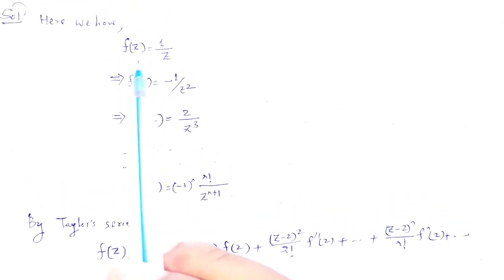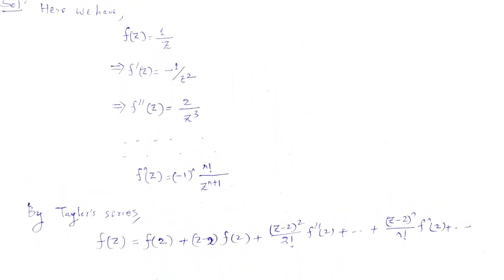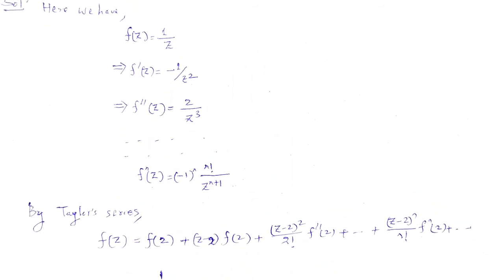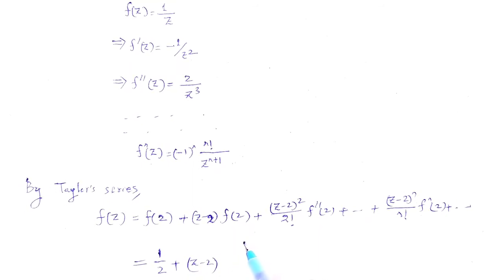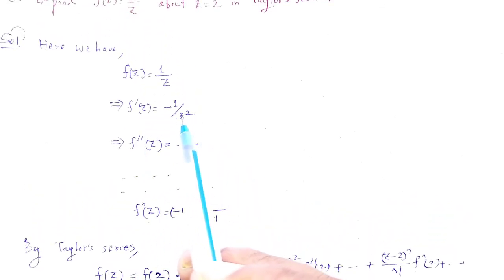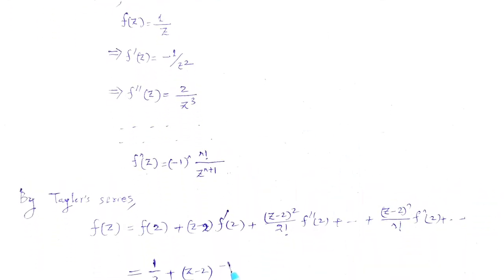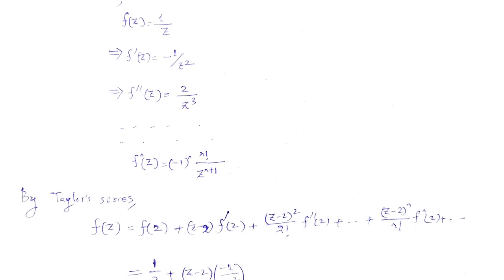Here f of 2 is 1 by 2, so 1 divided by 2 plus z minus 2 times f dash 2, and f dash is minus 1 by z square, so minus 1 divided by 2 square